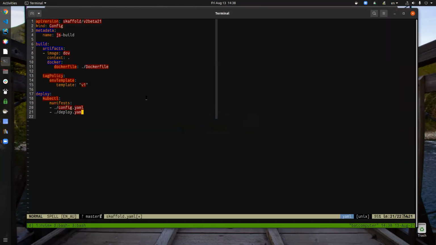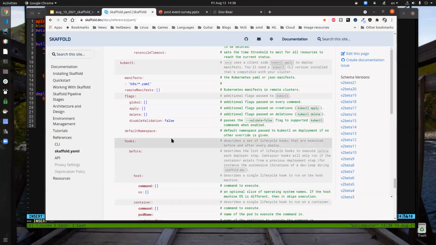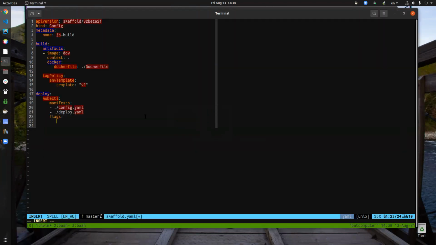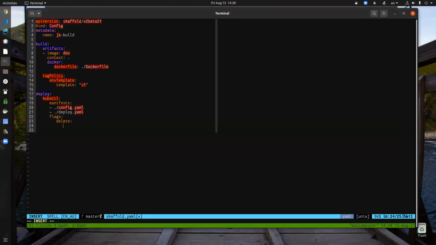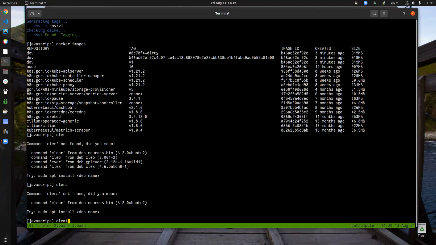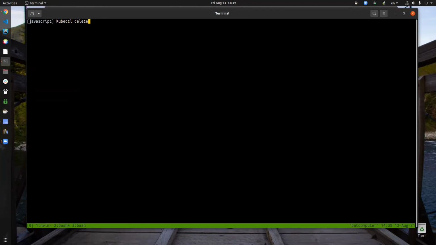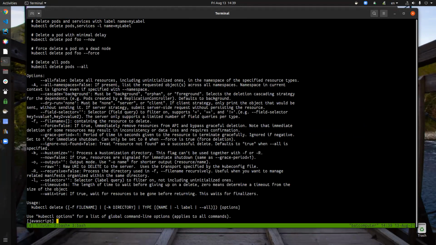So for example, since I'm doing development, I want to speed up the redeployment, the delete, right? So I can say flags. Let's say I want to pass additional parameters into kubectl delete. You can do delete. So this is an array, right? So we can do it like this. So if you look at kubectl, these are some of the options, right? So one of them I want to use is